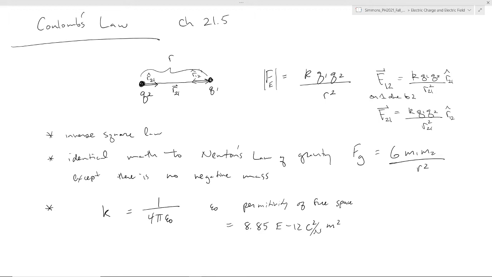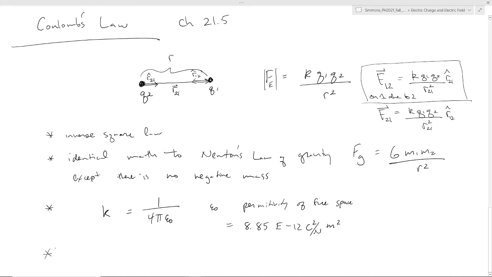Okay. Anything else I wanted to mention about Coulomb's law? I think we should look now at an example question, so you'll get comfortable and more familiar with it. Oh, one other thing I would mention with regards to